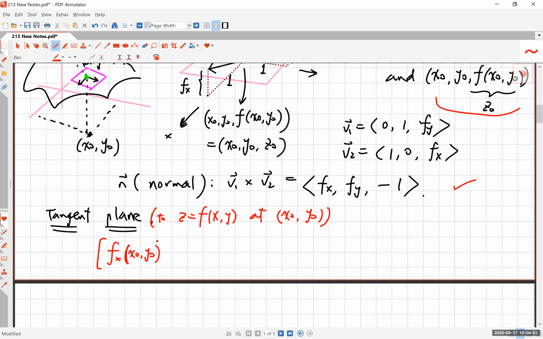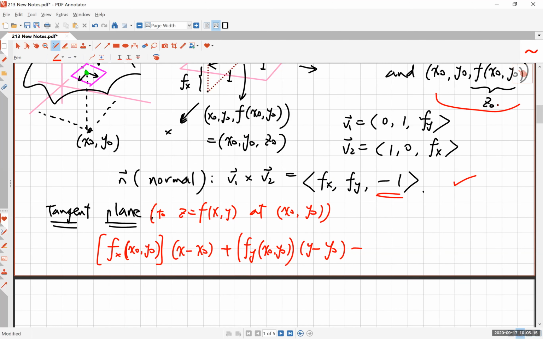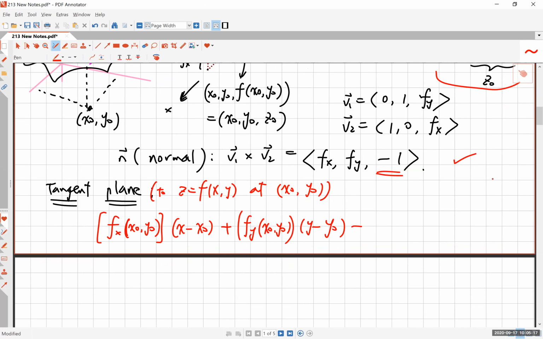So that's one expression, and it's one number, like 7 or whatever, times x minus x naught, plus fy evaluated at the same point, these are just partials, times y minus y naught, then plus negative 1. Where did the negative 1 come from? It came from this picture, and I think you will also see it comes from another good reason, but it's minus z naught